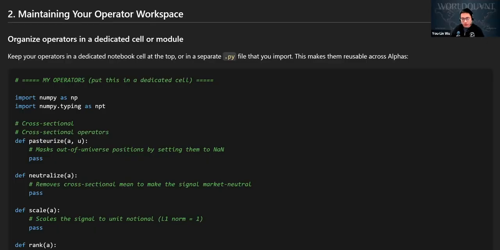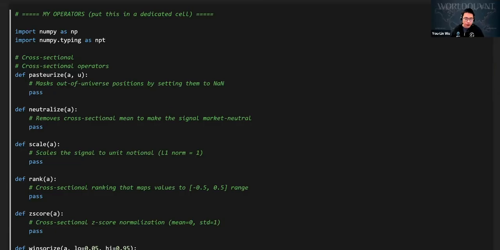function. This is a well-organized operator cell that should look something like this. You have each of your operators laid out with a very simple one-line comment describing what it does, the input and output shape of it, and whether there will be any sort of NaN behavior, like how does it deal with NaN? Does it also generate NaN, or does it replace it with zero or any constant otherwise? Yeah. This will help you come back to your notebook weeks later, and it's still easy for you to pick up. If your operator library grows large,